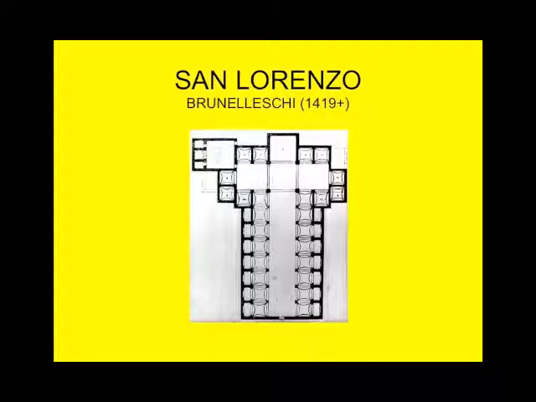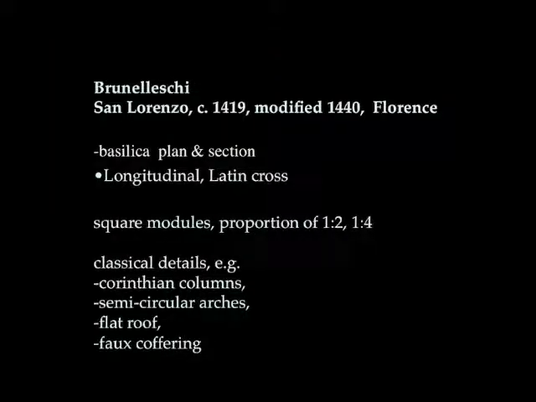Yes, square everywhere, right? In fact, the nave is a series of 4 squares. The crossing is a square. The apse is a square. The transept each consists of a square. And if you want to look at the proportioning of the aisles, they are squares that are half the dimension of the nave square. So there's this arithmetic ratio of 1 to 2 going on throughout the plan of the church and also going on in the section of the church. So we have this 1 to 2, 1 to 4, and all of these kinds of techniques going on.